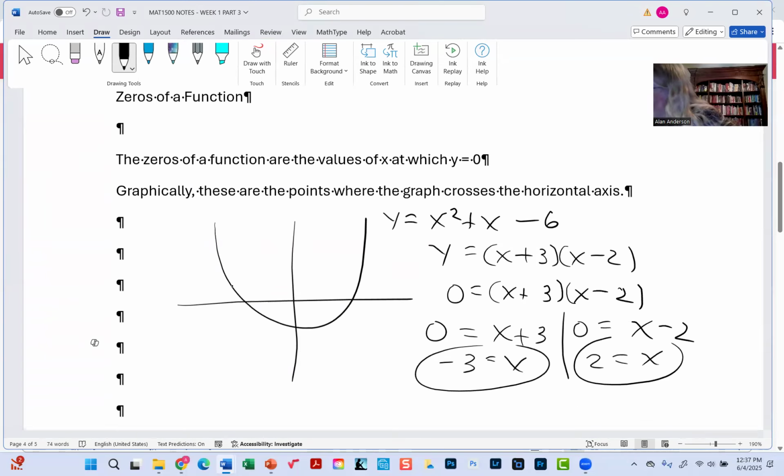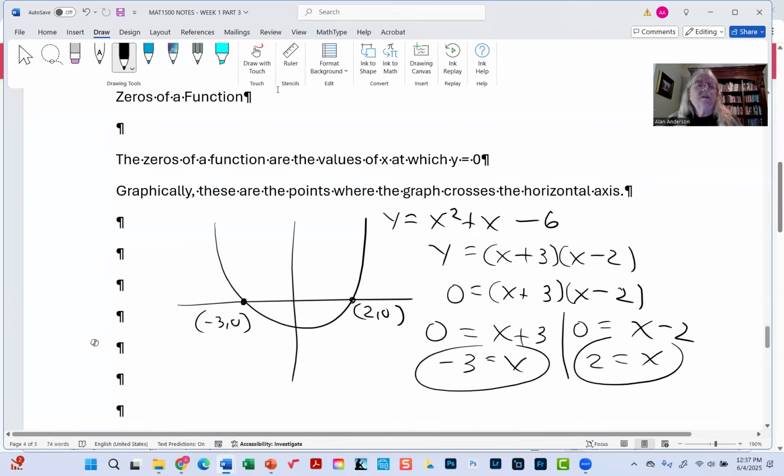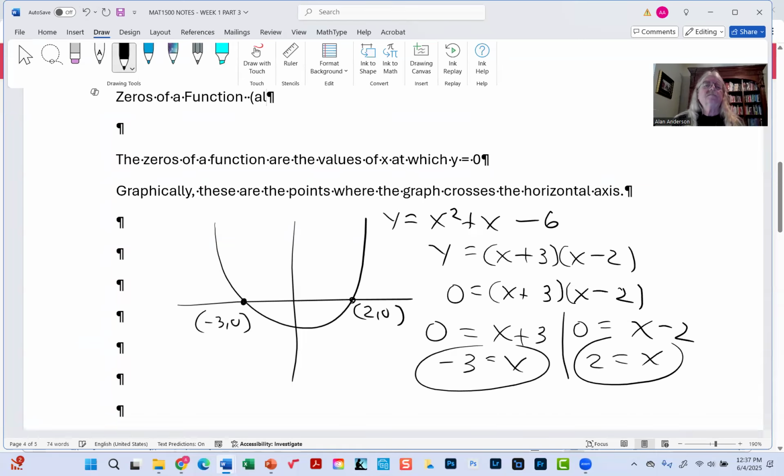And that means that this point here is negative 3, 0, and this point is 2, 0. And that's what I mean by zeros. And sometimes they're also called solutions or roots